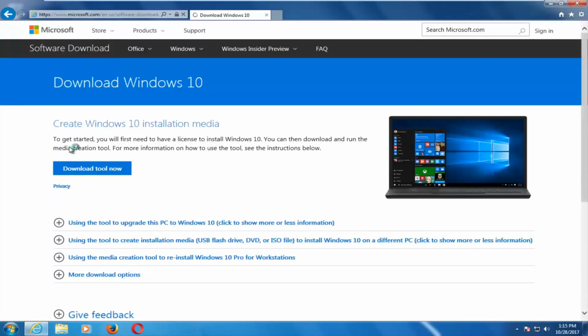And now you should be greeted with a page that appears somewhat like this, and at least at the time of this recording, this is how it appears, and it really hasn't changed too much over the last couple of years. It should say Create Windows 10 Installation Media. You want to left click on this Download Tool Now button,